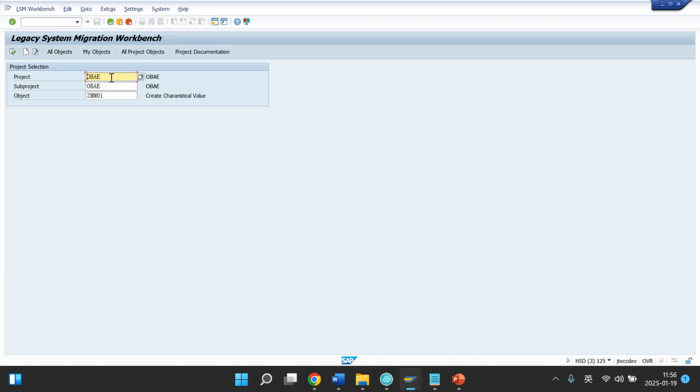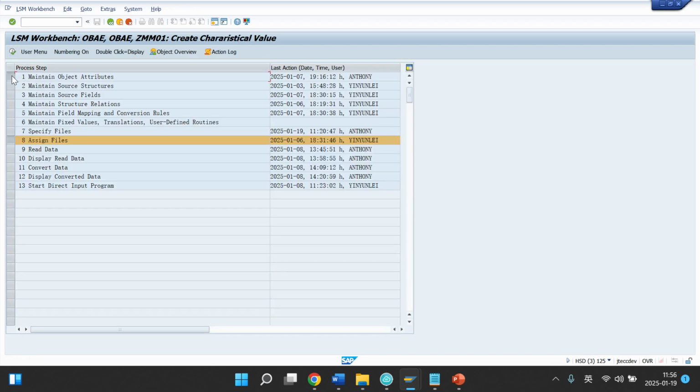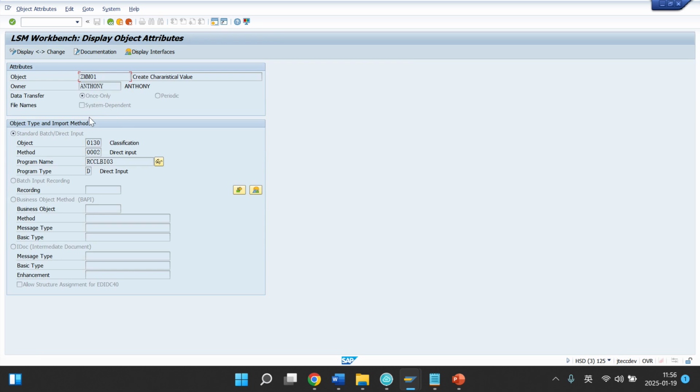This is the LSMW batch. We have created an object and sub-object, and the object is ZMM01. Now here we continue. First, we need to maintain object attributes. We display it. We can find we use this object, this method and this program,